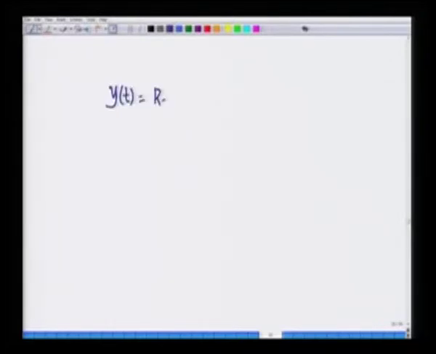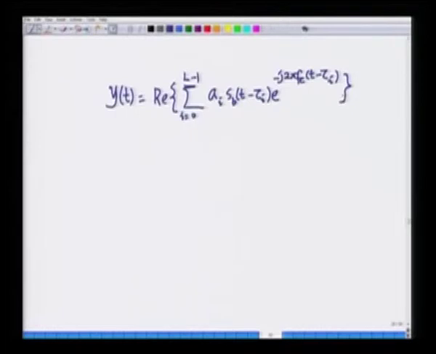This is the real part of the sum over i equals 0 to L minus 1 of A_i s_b(t minus tau_i) e^(minus j 2 pi f_c (t minus tau_i)). Let me perform some manipulations on this expression, just a simple manipulation where I will take